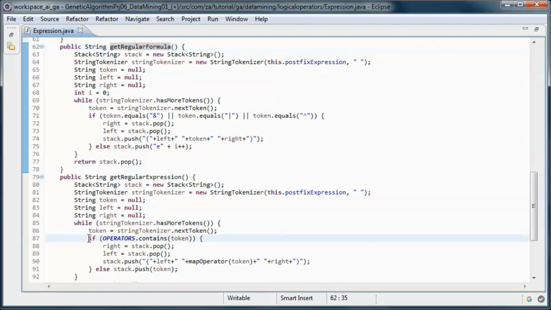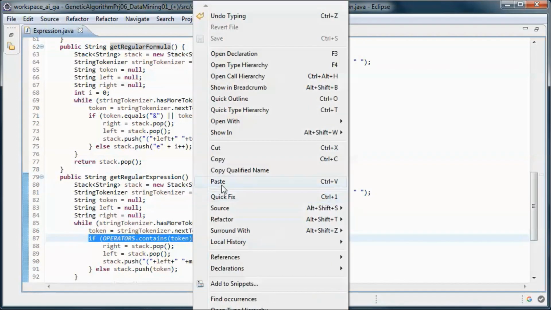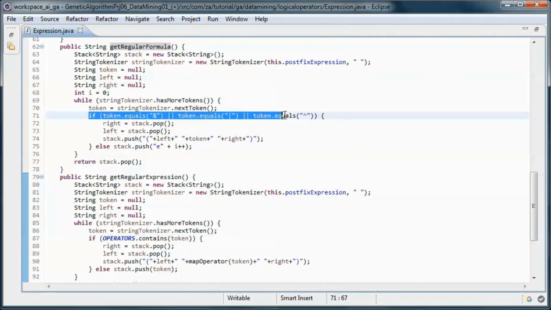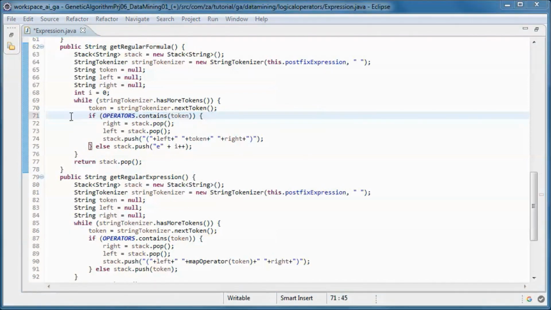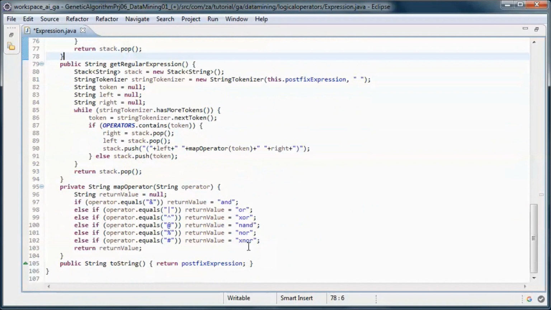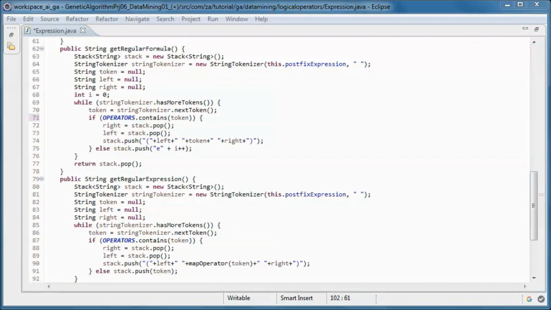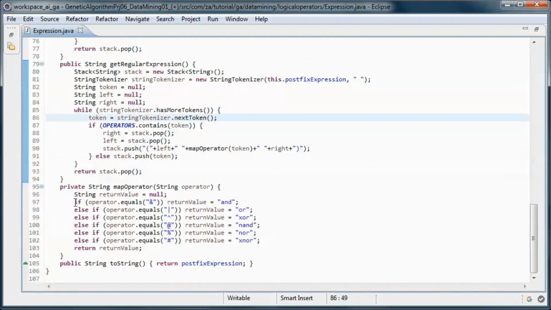So let's go ahead and copy this one and refactor this. This way we can use NAND, NOR, and XNOR instead of being specific to those three operators.